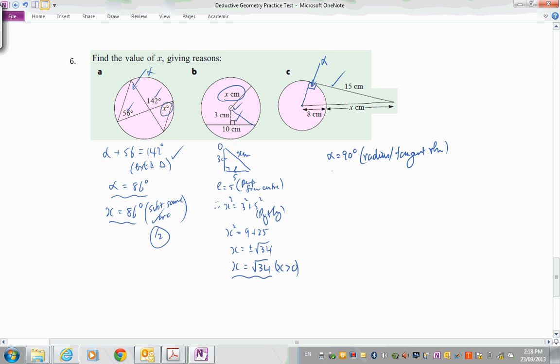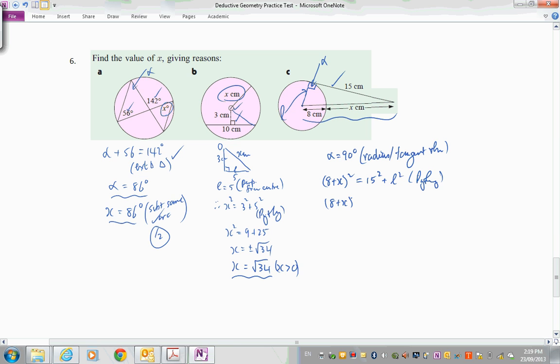Therefore, by Pythagoras, what have we got? The square on the hypotenuse, be careful here, the hypotenuse is all of that, is the sum of the squares on the other two sides. But what's this? We better put that in, L squared, this is by Pythagoras, and then we'll go 8 plus